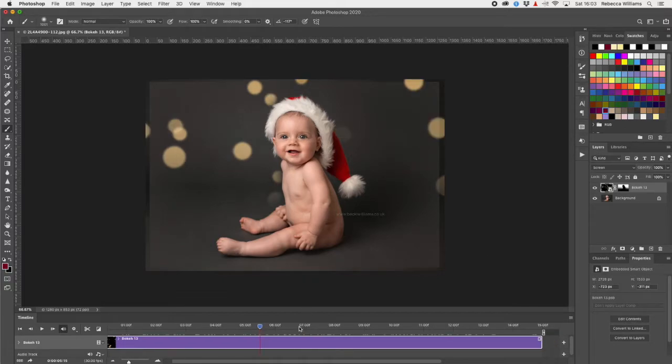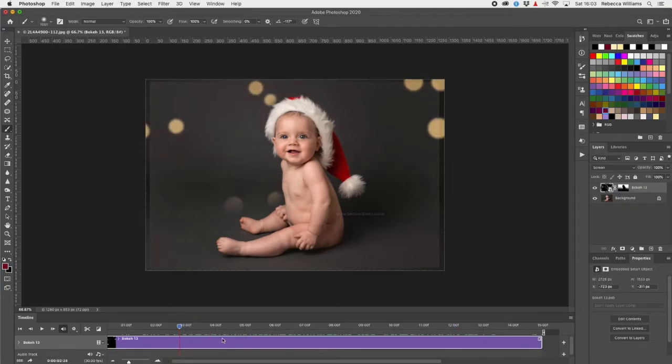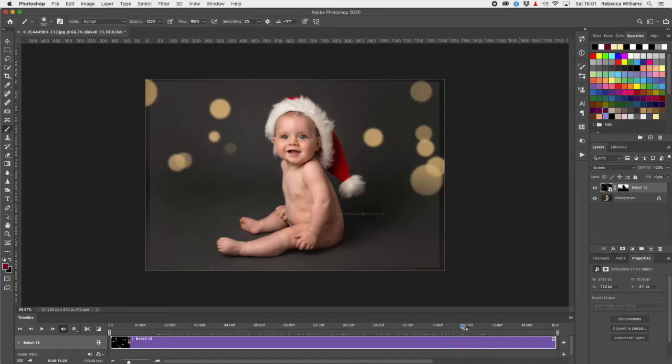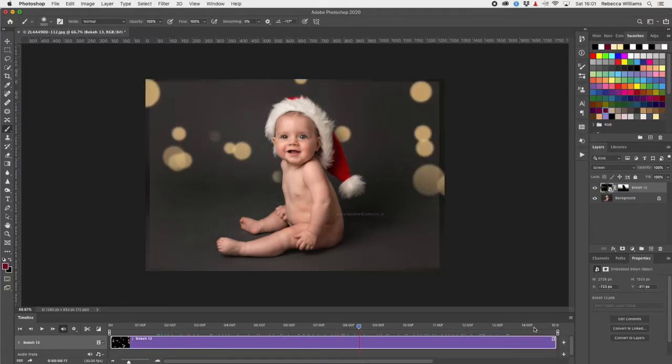When you're in Photoshop, don't worry if this doesn't play smoothly. All it means is that Photoshop isn't able to keep up, or your computer isn't able to keep up with the animation. When you export it, it will play absolutely fine. You can see how you can literally just treat it as a photo layer. It's 15 seconds long,